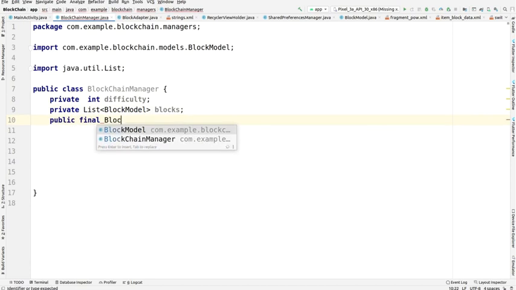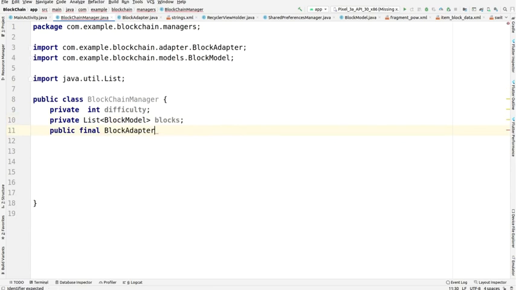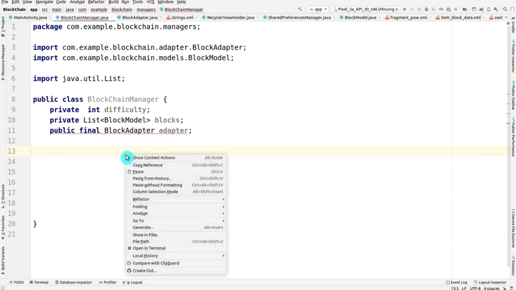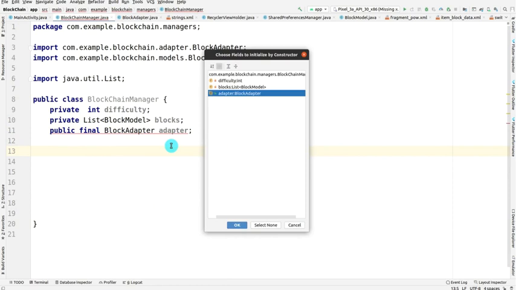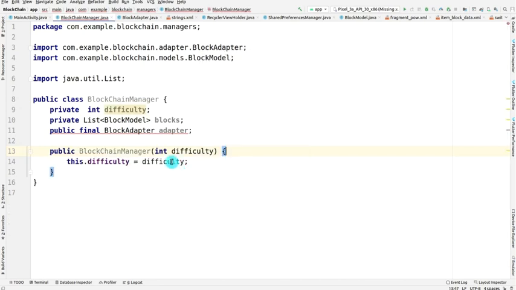After that, going final for block adapter, taking that adapter, and afterwards we have to generate a constructor for it. So let me generate a constructor fastly. Okay, so for constructor parameters we have selected one and click on OK.